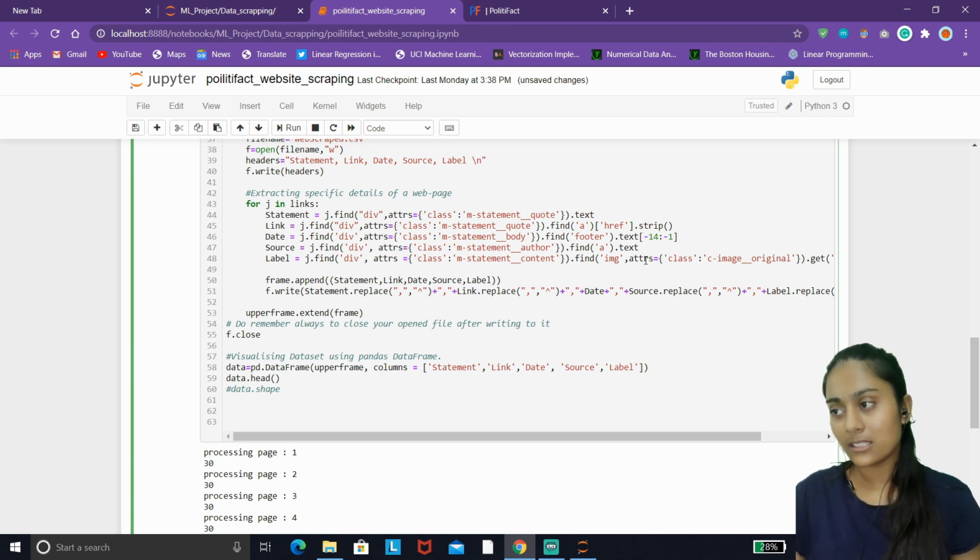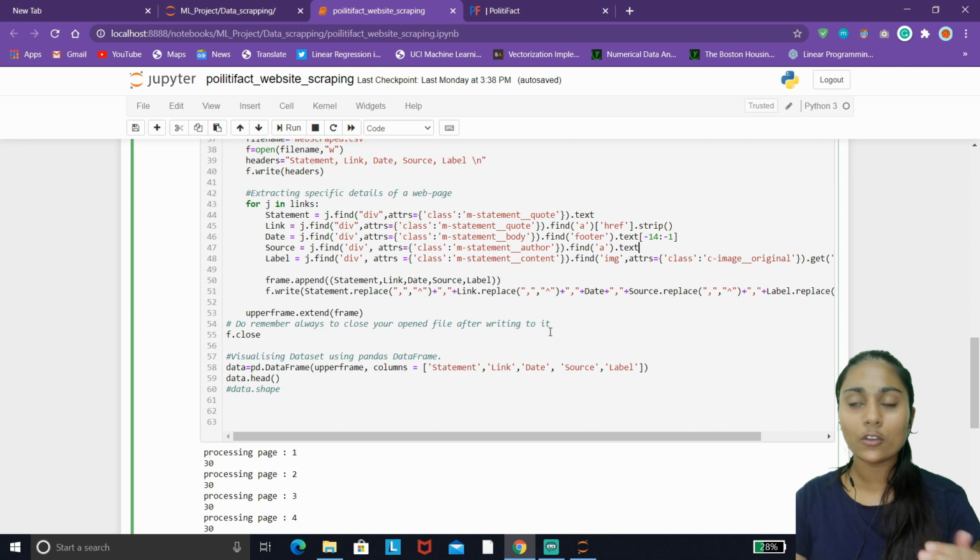So you can specify dot strip for every attribute, and you can choose not to specify it. It is as per your need. You can choose to apply that after looking at your data set. If it contains \n or \t, with extra spaces or new lines, then you can choose to apply the strip function here. Otherwise it is up to you whether you want to or not.